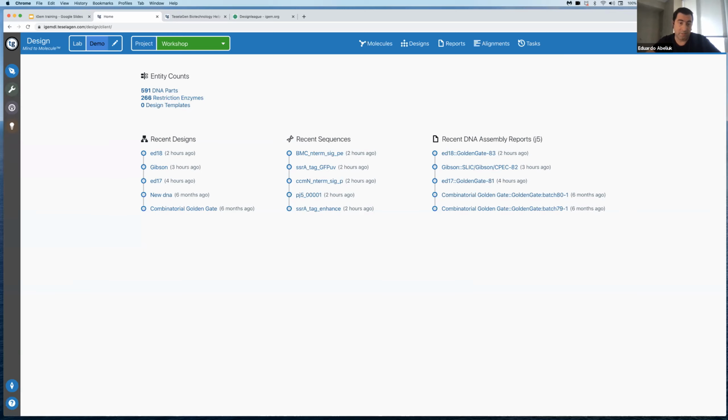We support a number of assembly reaction types, including what are known as type 2S endonuclease assembly reactions like Golden Gate, which you might be familiar with, or MoClo. We also support flanking homology DNA assembly methods like Gibson, which is one of the most popular ones. And there are a number of other features we provide to support the design process, such as being able to create design templates that can be reused across designs